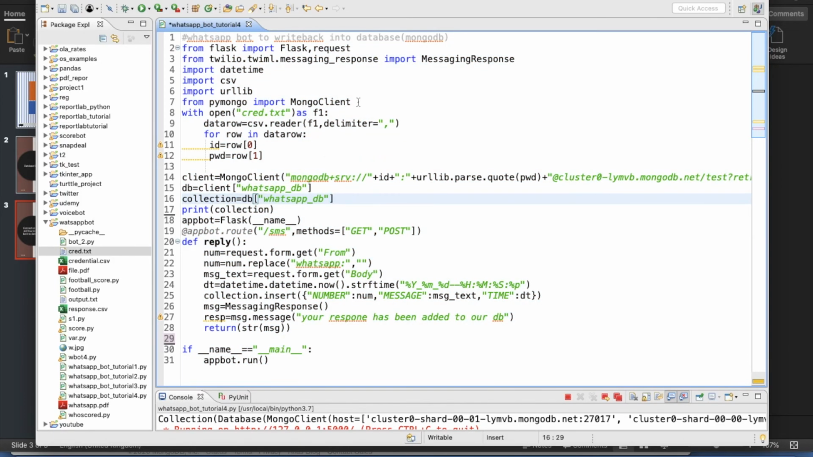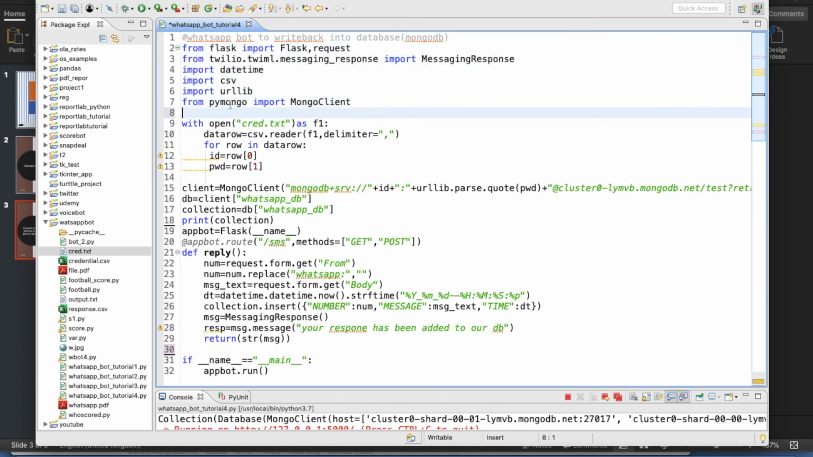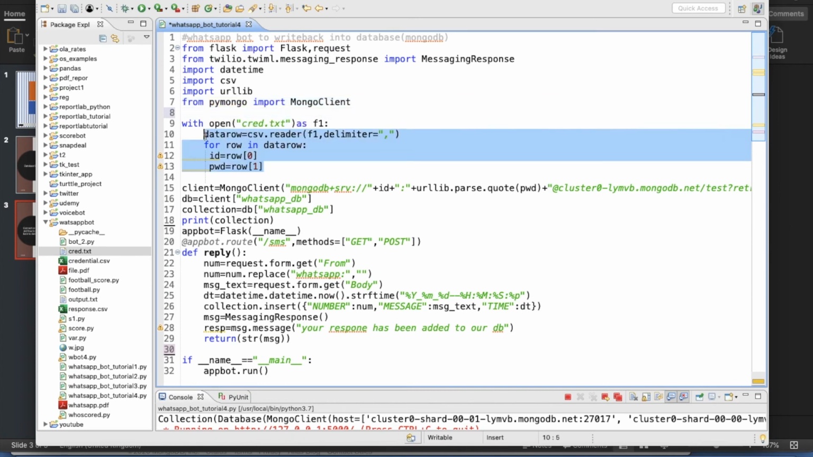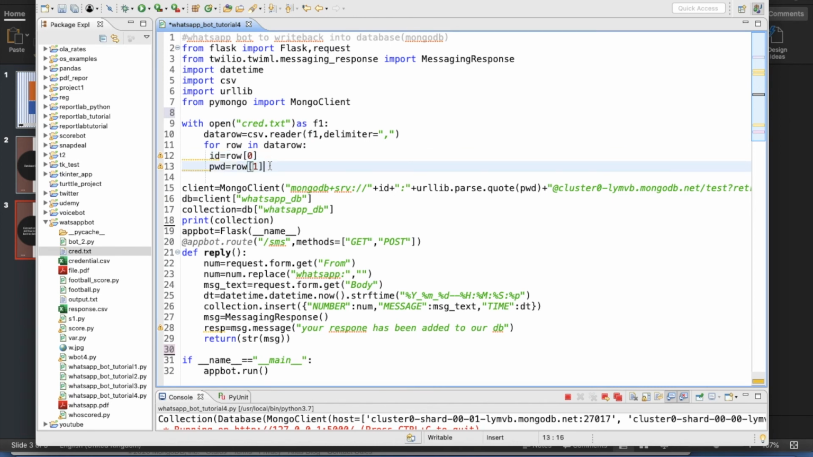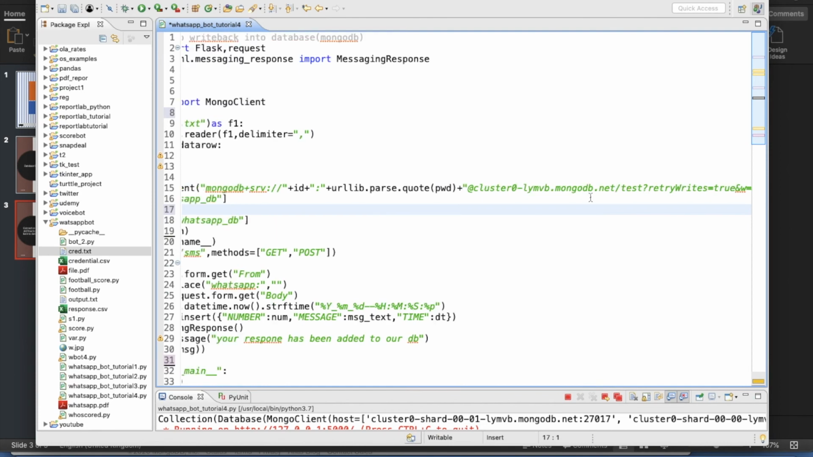So these are the required libraries, so you need to install them if you are getting some sort of error. PyMongo is required to establish the connection between Python and MongoDB, and this part is for reading the credentials from here. I'm just creating a comma separated file here with user ID and password. The user ID is the first value in the column, and this is the second value of the column. And after that we are getting everything from here, the establishment of this thing, and for that you